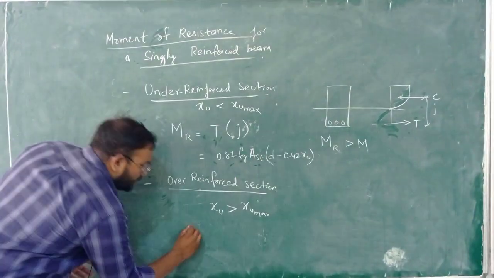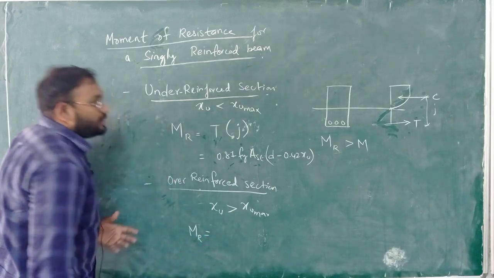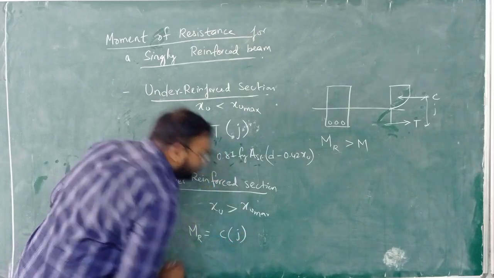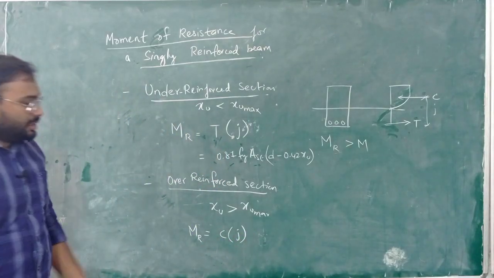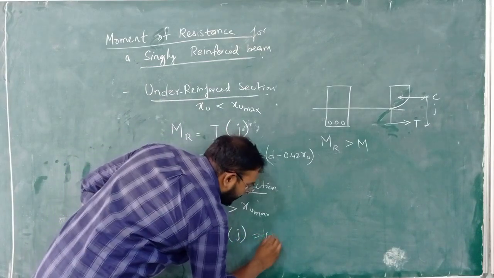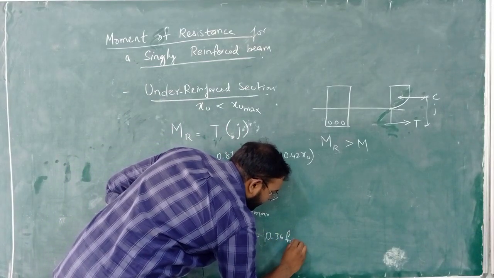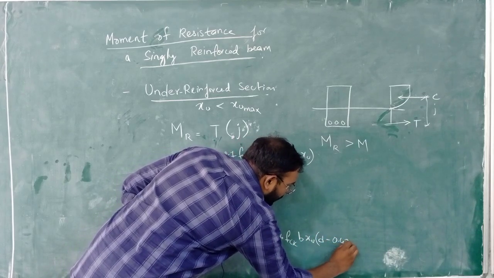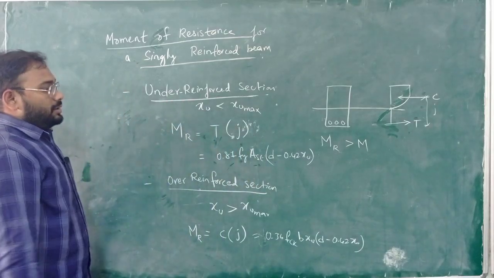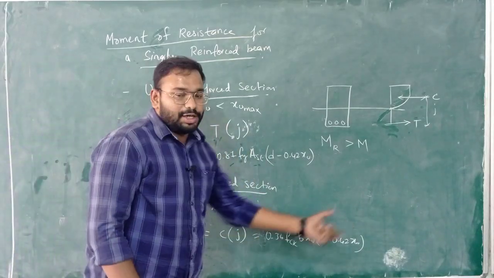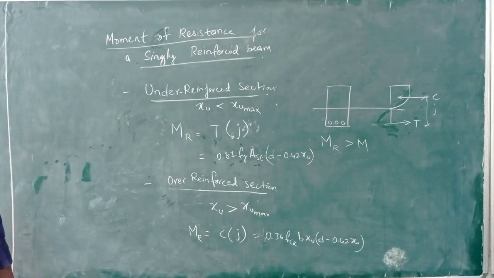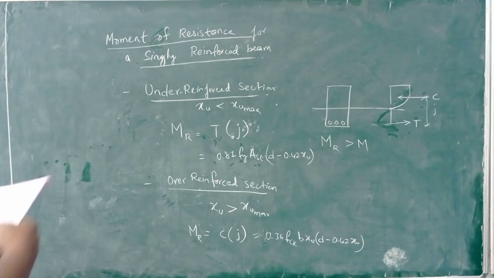Now, suppose you have an over reinforced section. This is for under reinforced, this is for over reinforced. Now what happens here is XU will be more than XU max. The depth of neutral axis will cross the maximum limit. Now which material will be failing here first? It will be the concrete which fails first. So failure of concrete, we also described how the failure of concrete is. Concrete will fail by cracking. It is a brittle material, so it fails suddenly. It is a type of sudden failure.